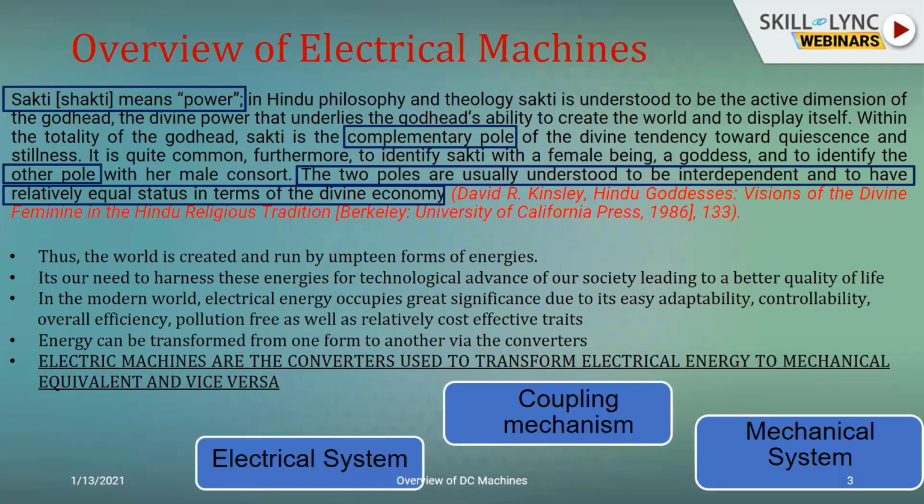So this is the bidirectional flow from electrical to mechanical domain via a suitable coupling mechanism. As engineers, we will be focusing on the design of the coupling mechanism to achieve the required transformation of the dynamics from its electrical domain to the mechanical domain or vice versa. This coupling mechanism is achieved through several kinds of machines: DC, AC, or even special machines.